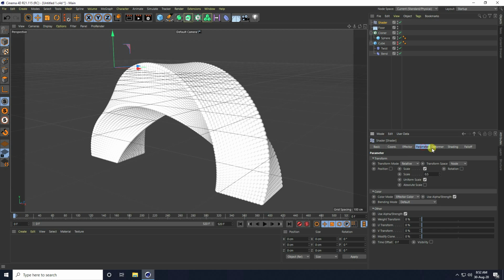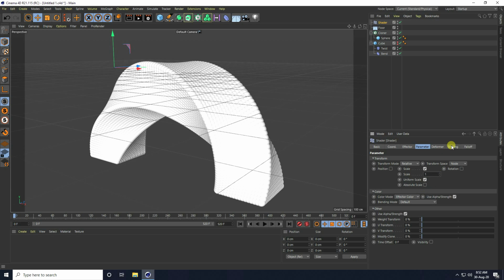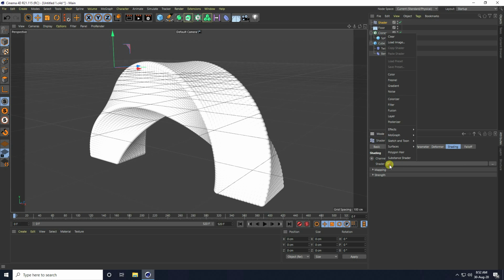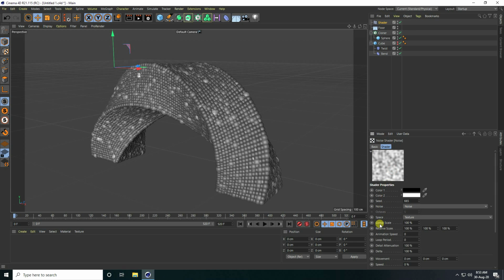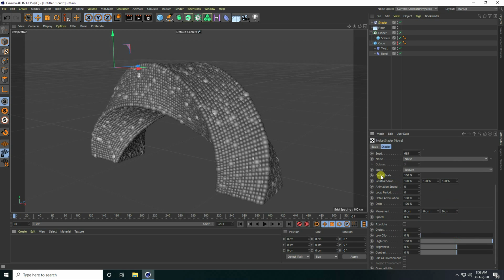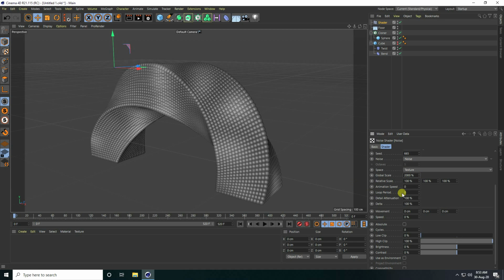Yeah, all is good. Actually guys, also increase scale size like 1 and go to shading and shader, use noise and click on noise. Guys, global scale, this one, increase like 2000%. And animation speed I take like 1.